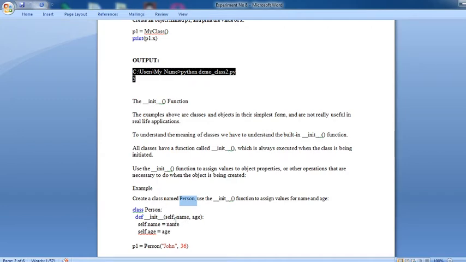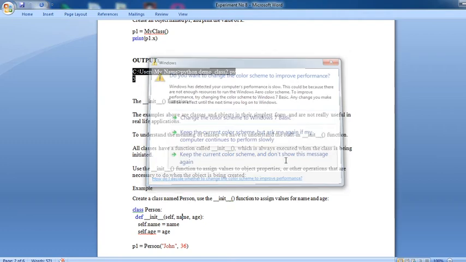First we need to define self, then a comma, then name and age. Name and age are the values assigned through the initialization function. Now we call self.name equal to name and self.age equal to age.